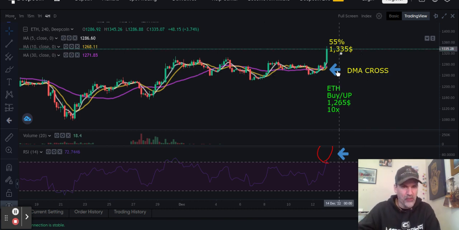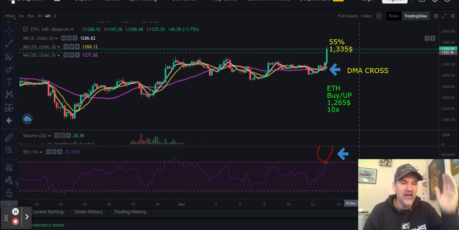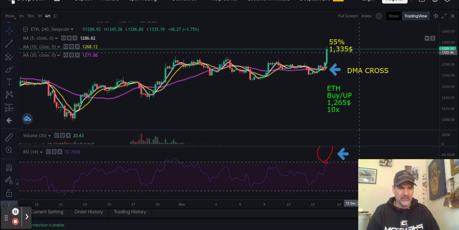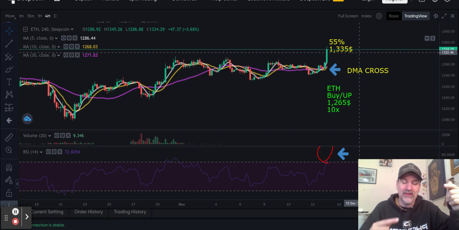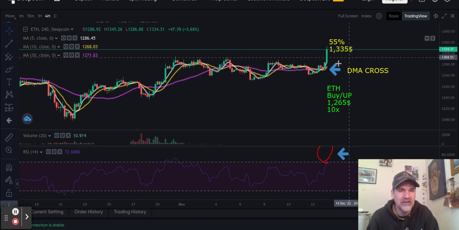So then if you take your profit from 1265, you want to enter in a sell down trade. As soon as you exit the trade, enter in a sell down. Okay? Again, why did you exit the trade? Well, I exited the trade because the sellers were coming in and they were selling it. Well, if the sellers come in and they sell it, what's going to happen to the behavior of the price? It's going to go down. So profit from it going down until the buyers come back in. Where will the buyers come back in?